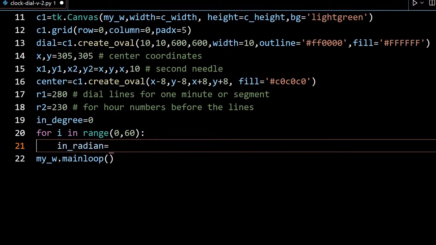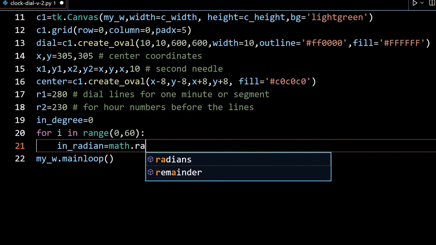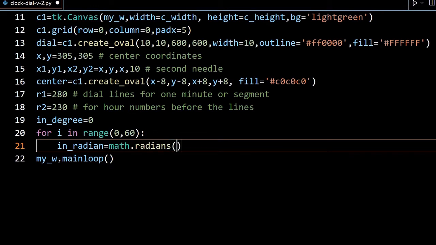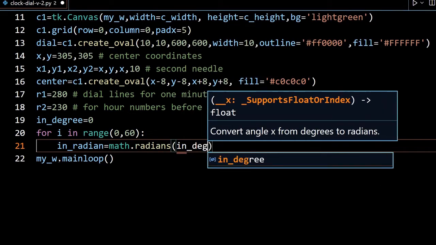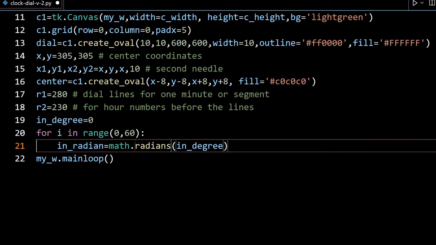Okay, now inside that, first in radian, a variable is equal to math dot radians. Here we have imported the math module at the top. Now here I am giving the angle in degrees. This value is the one we have taken at line number 19, at 0, so we'll start with 0. Now we are just converting it into radian values.